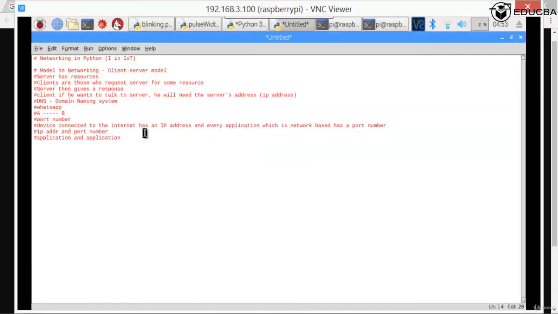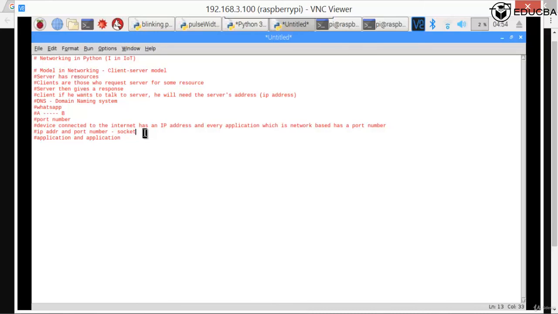One last thing that I need for the networking basics: since you require two things, the IP address and the port number, both of them are very important if you want to network. Both of them together is called a socket. So when we are going to do networking, we are going to create sockets. There are two sockets that we are going to create. One is going to be a client socket. Another is going to be a server socket.